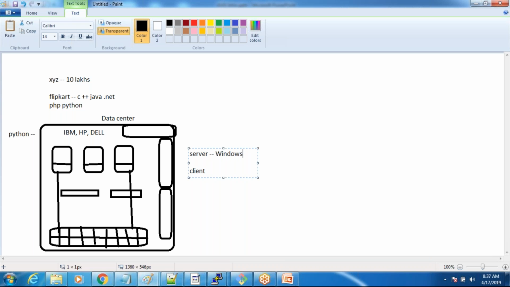Those are Windows and Unix. And the other operating systems are client based, Windows and Mac. Okay. So if you come to Windows, talking about the server operating systems, Windows having, I think